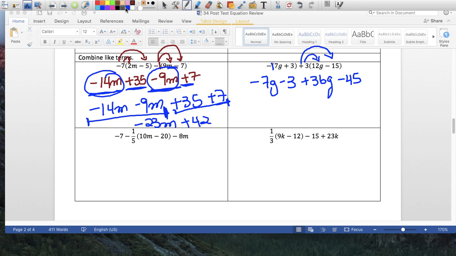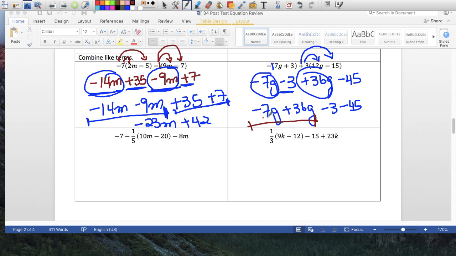Rearrange your expression so the like terms are together. So I have negative 7g. Let me circle this first. And plus 36g. And then minus 3 and minus 45. So now you can combine these two. Negative 7 plus 36, so just in your calculator, negative 7 plus 36 is going to be positive 29g. And then in the calculator, negative 3 minus 45 is negative